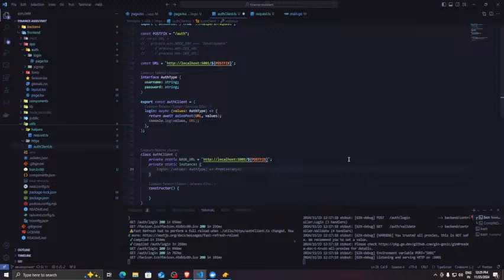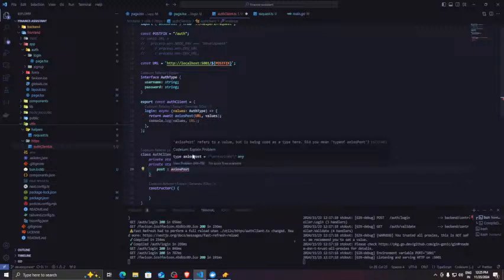One is a post, which is this one. No, let's not do it like that. Let's do it access.post, right, which will be